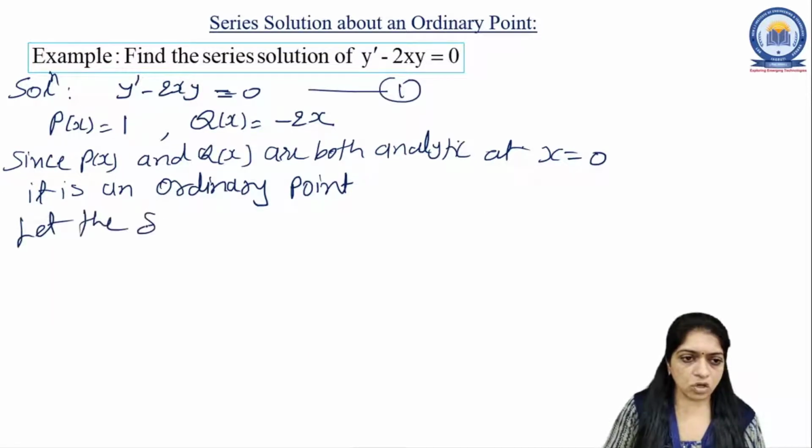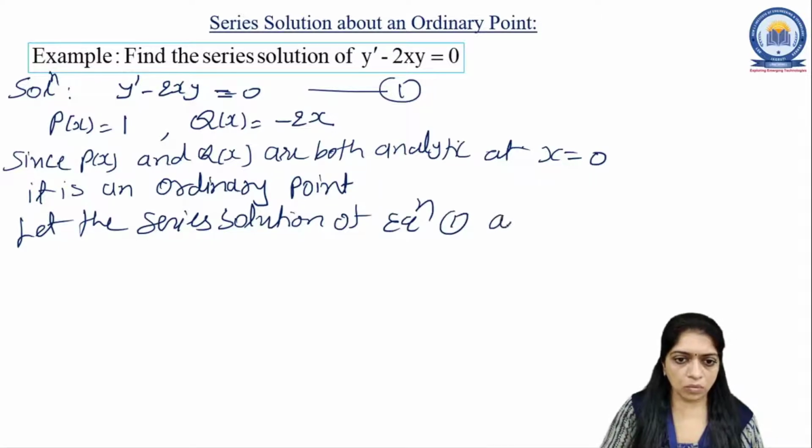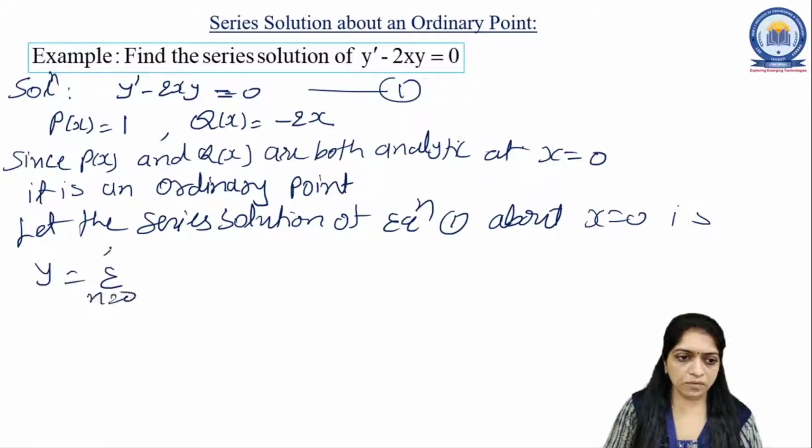Let the series solution of equation 1 about x equal to 0 be y equal to summation n running from 0 to infinity an x raised to n